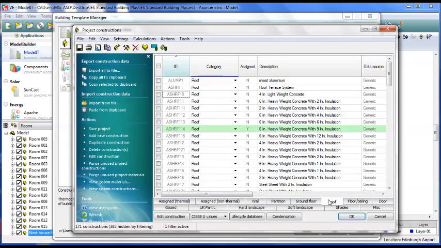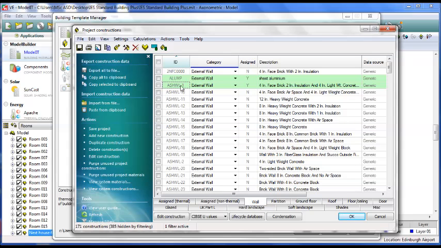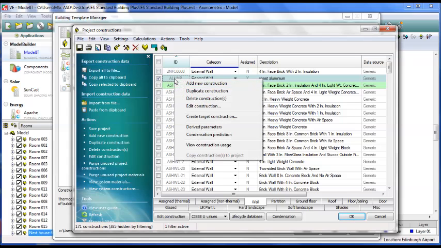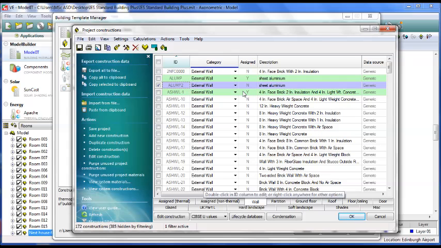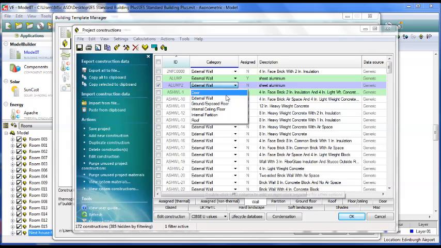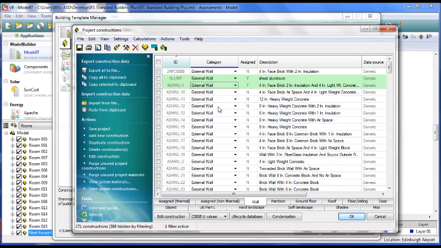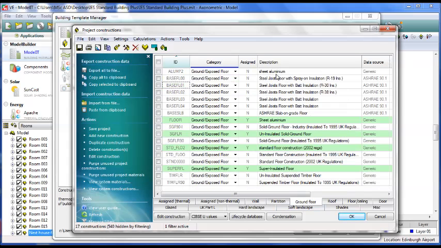And if I quickly go over to roof now, I've suddenly got a roof construction that's made out of sheet aluminium. So I should be able to pick from that now if I wanted to. I'll do the same so that I've got the same thing for a floor. So I'll highlight that again, duplicate construction, and once again I'll now make that a ground floor, and it vanishes off, and it's appeared in there as well. So, having set aluminium to be available as a roof and a floor, which won't happen that often, but anyway,